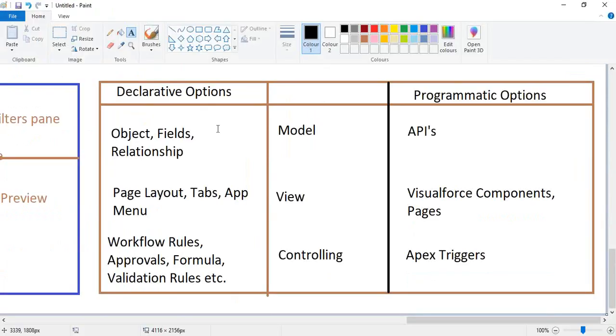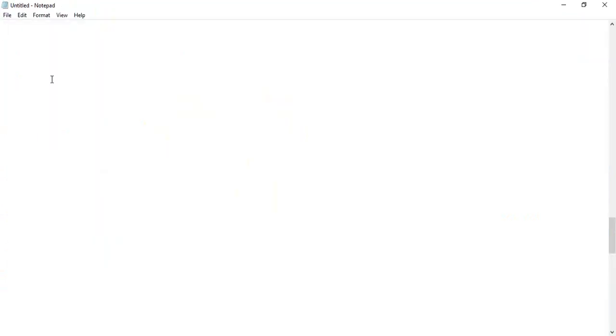So as we mentioned here, these are programming things. In Apex, to build Apex, different tools we'll use: the developer console,